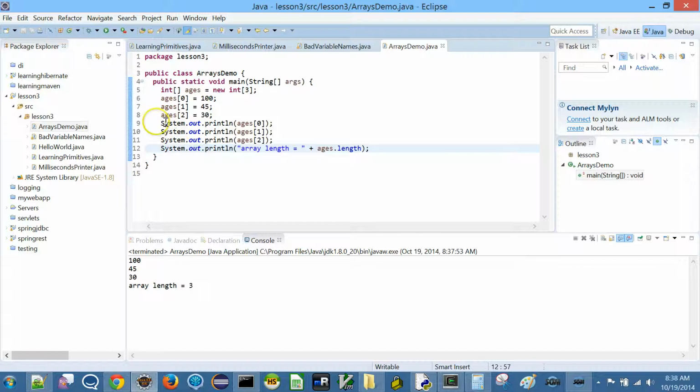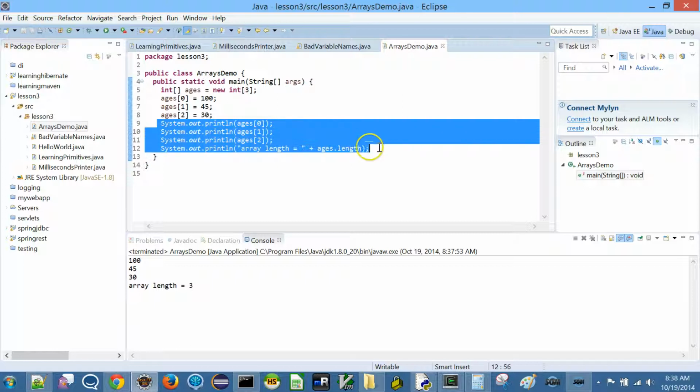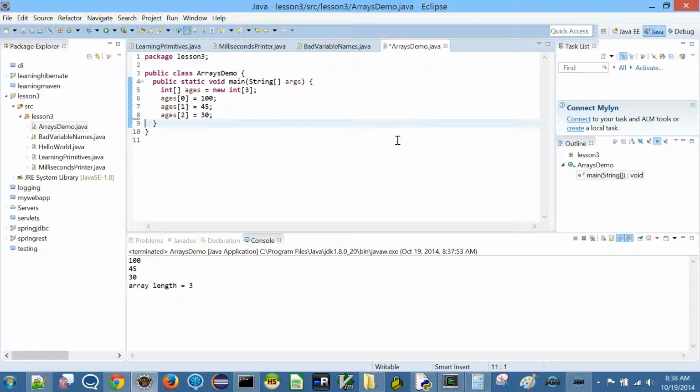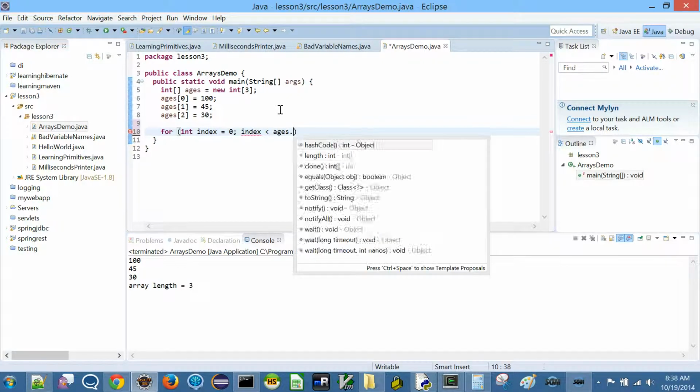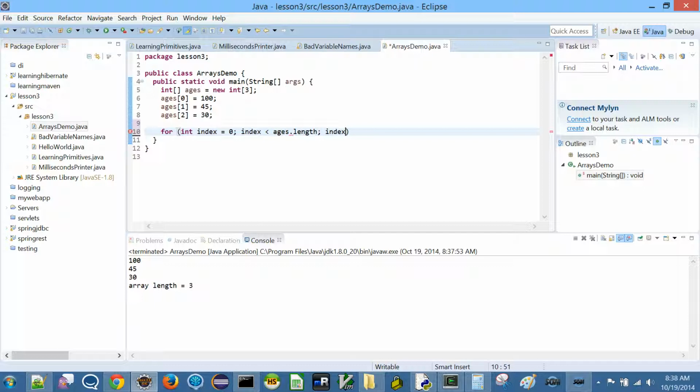So this is very tedious to print, right? What if our array has 1,000 elements? So we're not going to do this. This I just did for demonstration. So you want to use what is known as a for loop. Let's do for loop, and then we are going to have an index to run. So I'm going to say int index equal to 0, and I begin it with 0 because we know that index 0 exists, right? And index, now this is the crucial part, should be less than ages dot length, and then I say index plus plus. This is what is known as a C style loop.